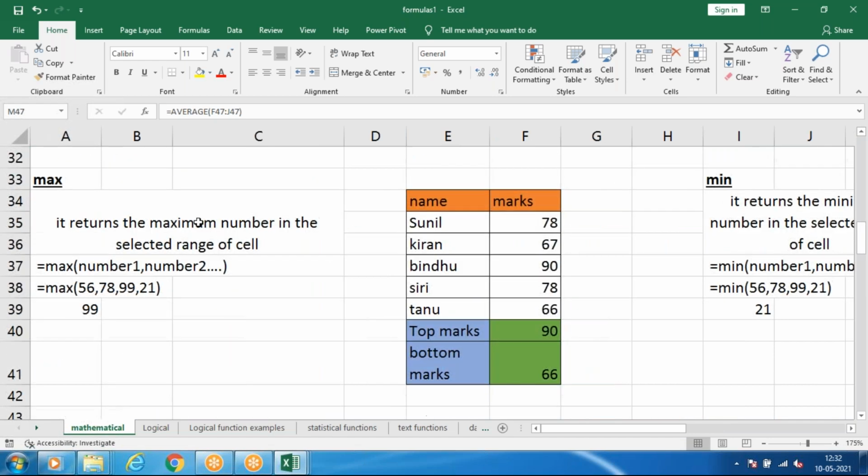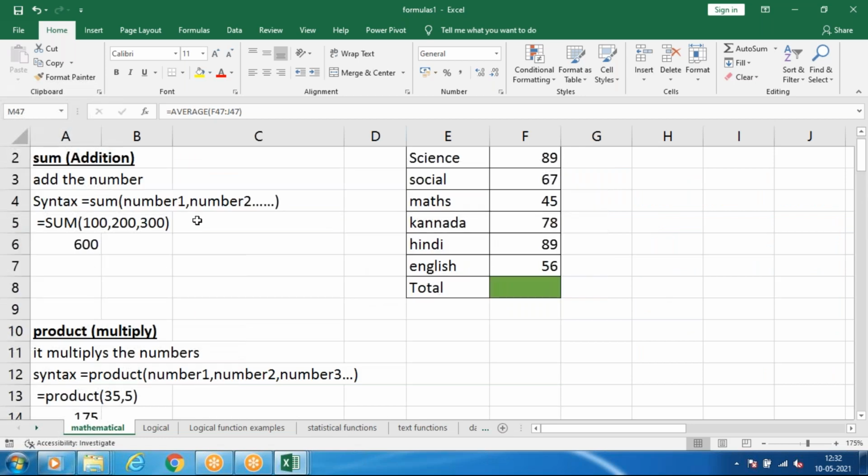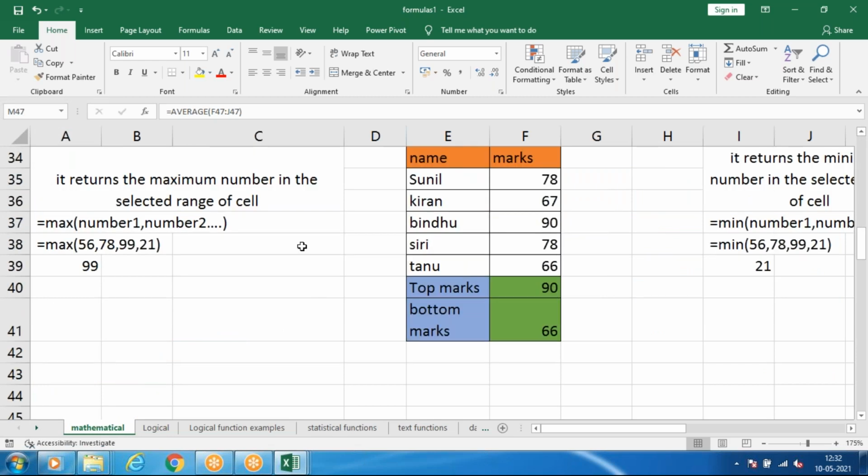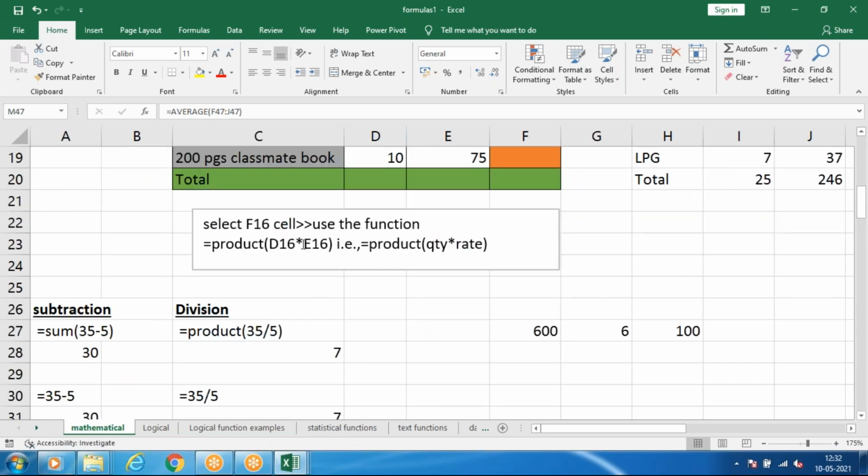So does anyone have doubts about these basic formulas? Addition, subtraction, division, multiplication, count. Any questions?